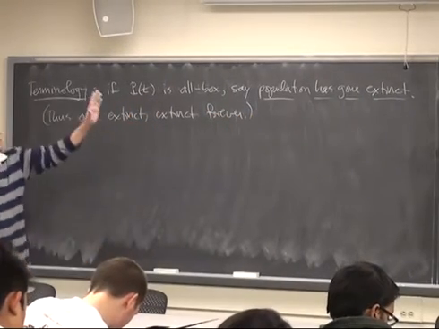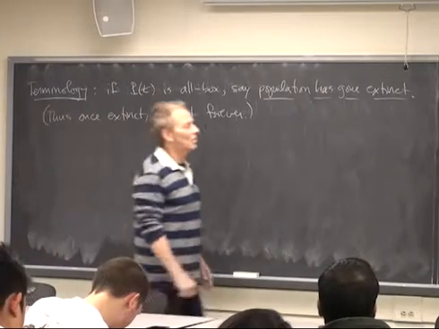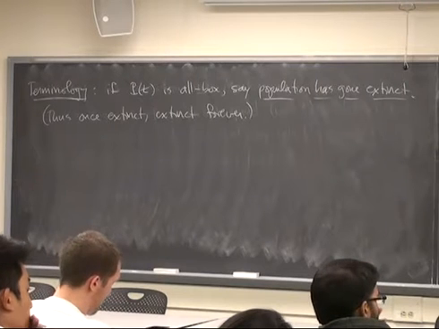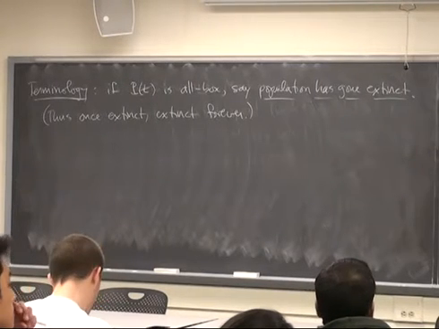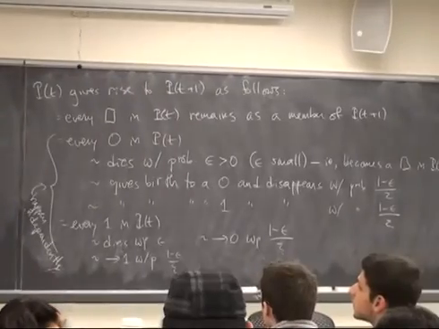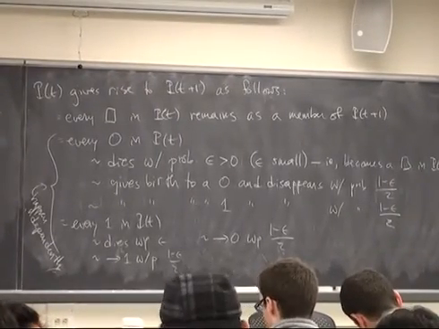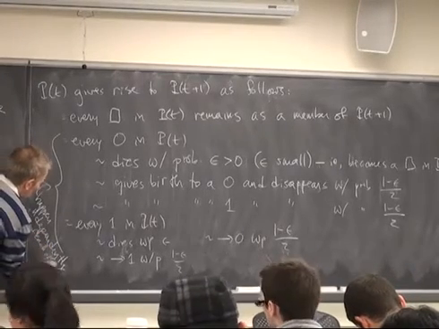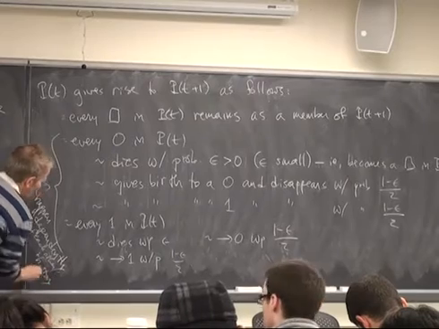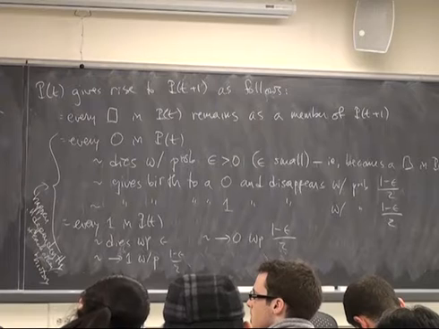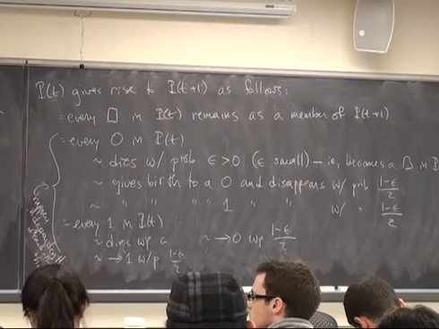And by the way, all these probabilistic operations above happen independently of each other and independently of history. So let me just point that out. These happen independently. That is to say, what happens to a given 0 in population at time t does not depend on what happens to anybody else in population at time t of each other and history. There's no influence of the history on whether a 0 gives birth to a 0, dies, or gives birth to a 1.